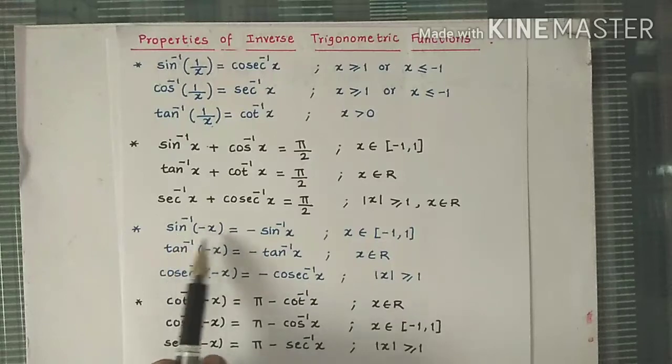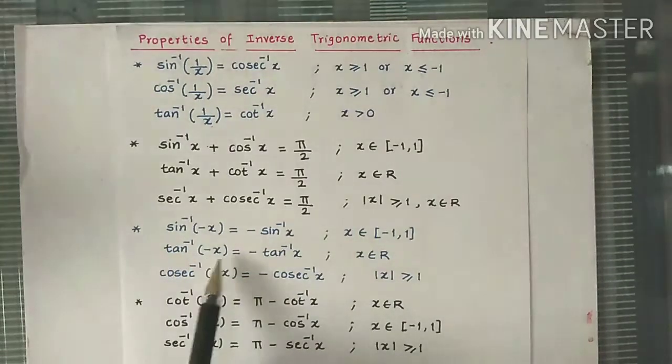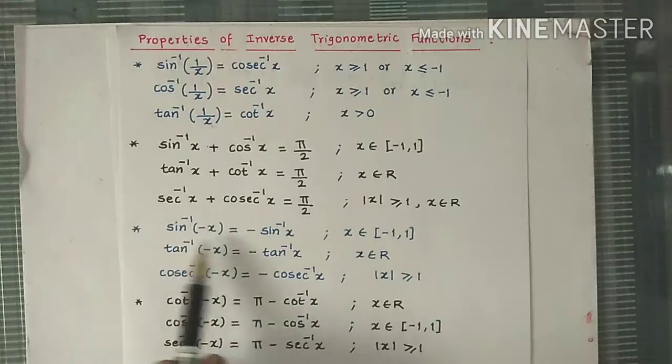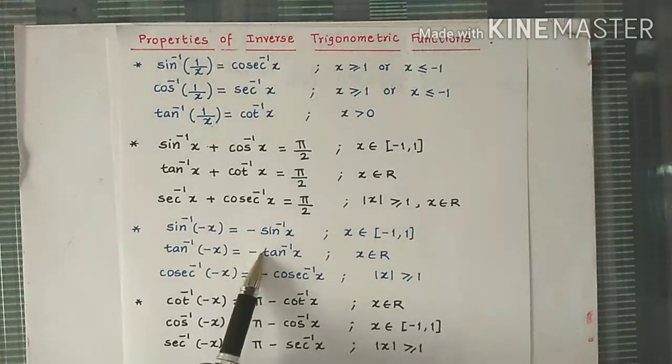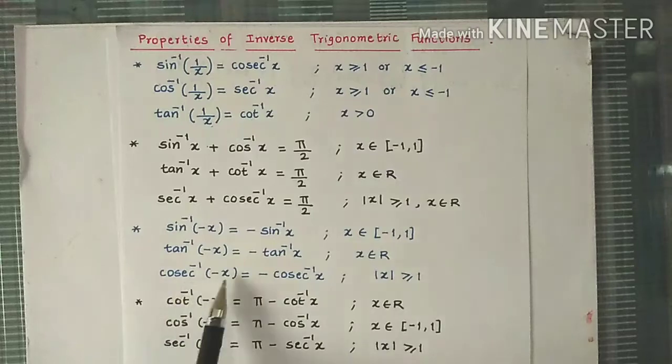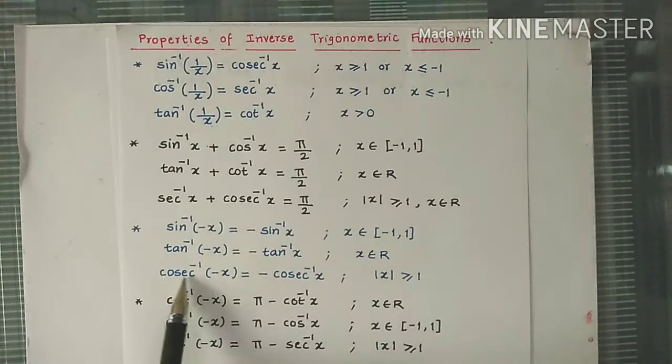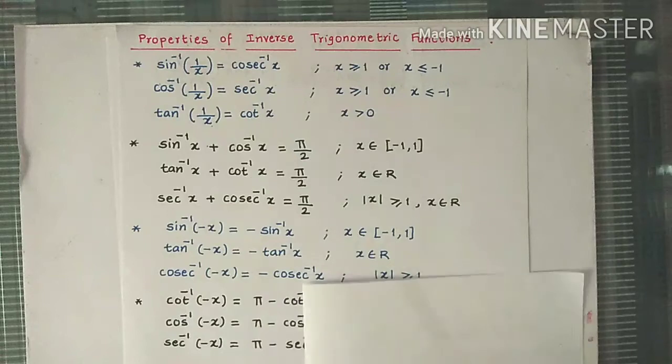So sin inverse of minus x, tan inverse of minus x, cosec inverse of minus x, they all are minus, and then remove this minus sign here. Sin inverse of x, tan inverse of minus x is minus tan inverse x. Cosec inverse of minus x is minus cosec inverse x. Remember, which are these functions? Sin inverse, tan inverse and cosec inverse, for which principal value lies between minus pi by 2 to pi by 2. Earlier we have used this result to solve the questions on finding principal values like this.